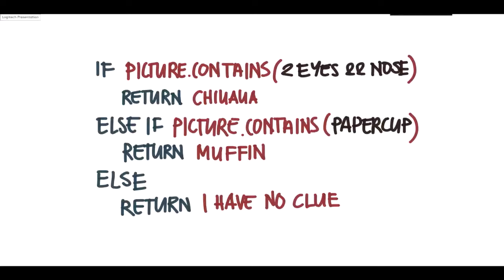If we were to do this using traditional development techniques, it would look something like this, right? Eyes, nose, whatever. Apart from the obvious fact that "picture contains" is kind of a hard piece of code to write, and that I can't spell chihuahua, which I noticed this morning,